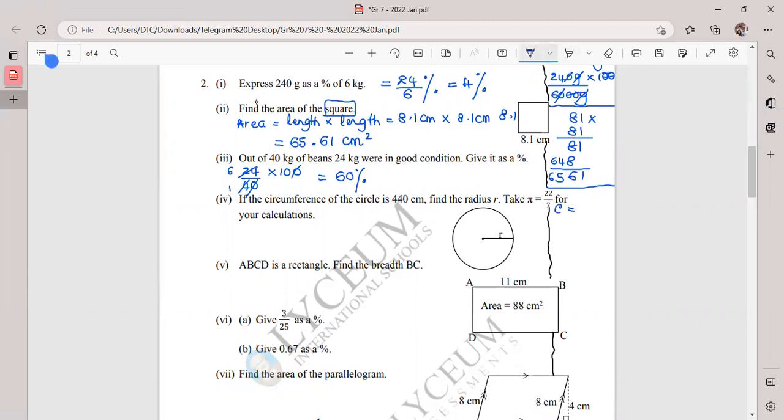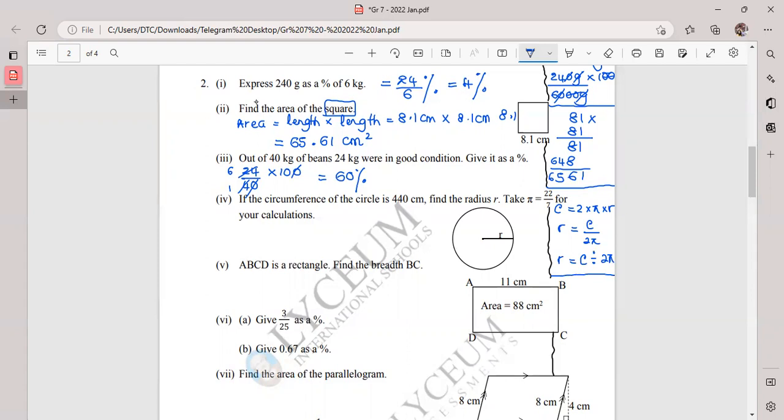Children, I will get the formula in the working column. So C equals 2 times pi times R. If you want to find R, what will be the formula? C divided by 2 pi, right? And another way I can write this, R is equal to C over 2 pi. You may think why teacher wrote the same formula in 2 different ways. I want to mention something here, children, that sometimes in the exam, you get the pi value 3.14,